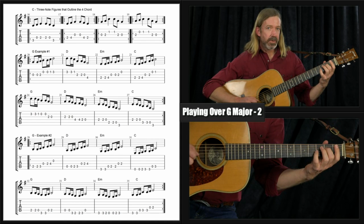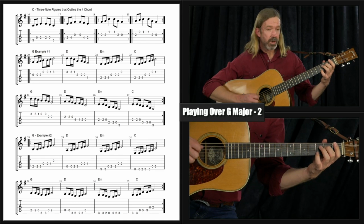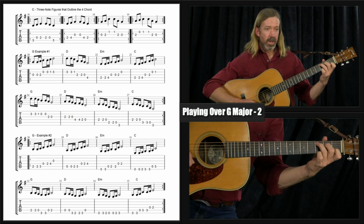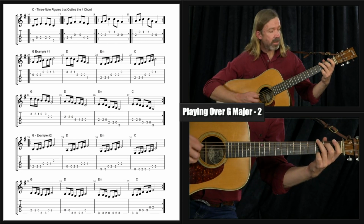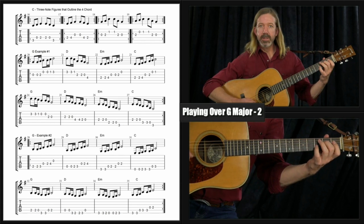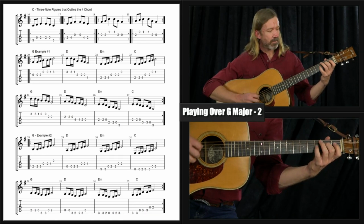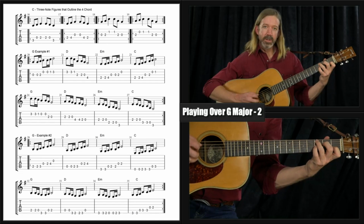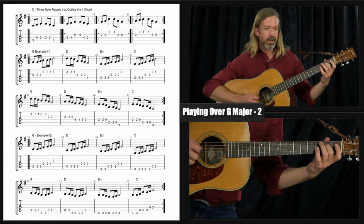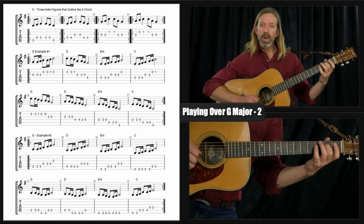So that's where it differs from a C major scale. In C major, it would use this note. But since this is the 4 chord of the key of G, we keep that F sharp in there because that's what the note is in the key of G. Okay? So it'll sound like a 4 chord. All right? Here we go. Starting on the 3rd of the C chord. Ready and a go and